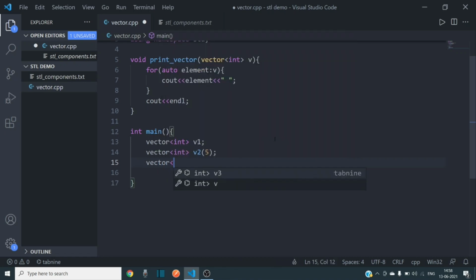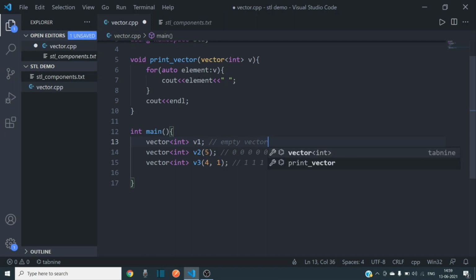And suppose we now want to create 7 elements, and the value of each element would be 1, let's say. In the earlier case, as we have not specified the value of the 5 elements, they would all be zeros. And here, let's say we specify 4. It will create 4 elements of 1 each, and here it will create an empty array, an empty vector we can say.